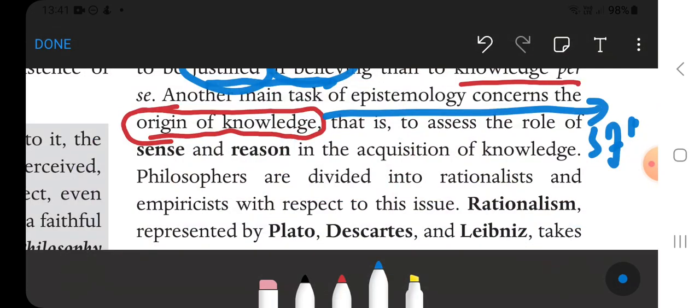Okay, sources of knowledge. So that is to assess the role of sense and reason in the acquisition of knowledge. What role do sense and reason play? Whether reason alone can acquire knowledge, or it has to combine with senses, or whether senses alone can acquire knowledge, or whether it needs reason. And depending on your answer, you will come into one of the streams within